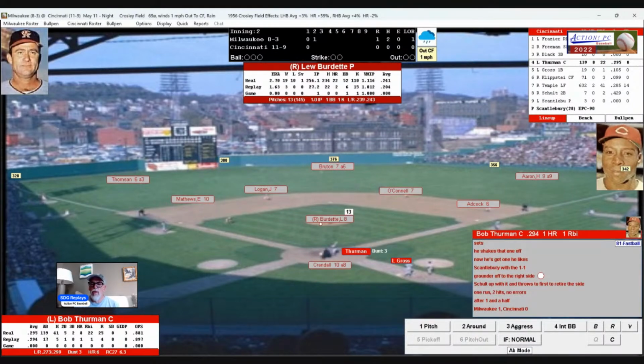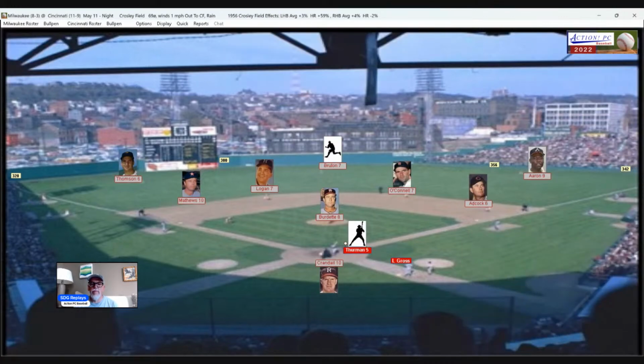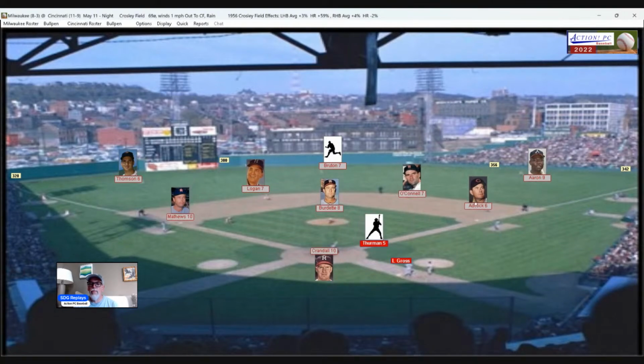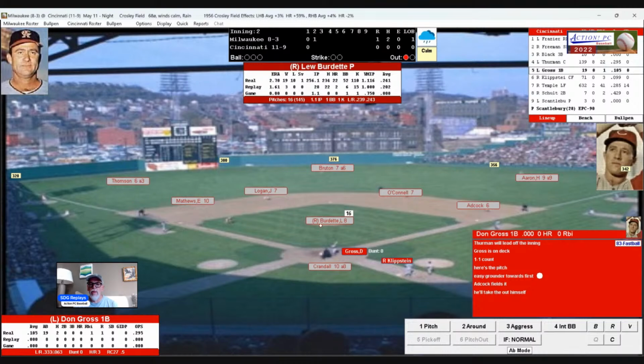But after 1 run, 2 hits and no errors, and after 1.5, Milwaukee 1, Cincinnati nothing. And coming to the plate is the catcher Thurman, batting .294 with a home run and an RBI. Here's the pitch. It's hit sharply to Adcock, who makes the play at first unassisted as he steps on the bag and gets Thurman. That brings up Don Gross, the first baseman,